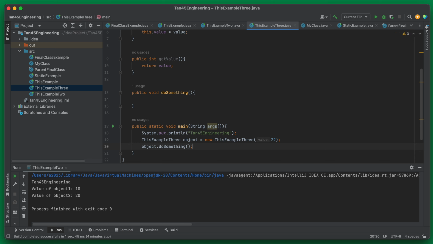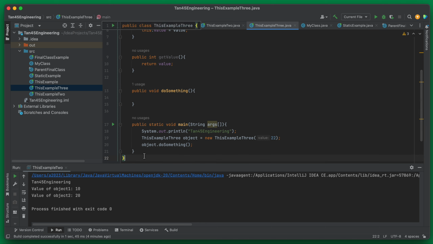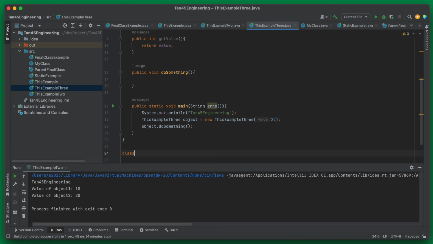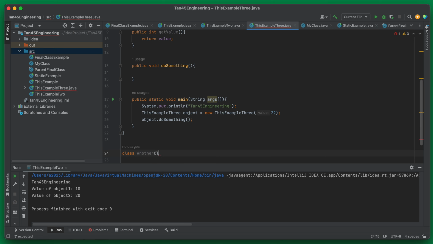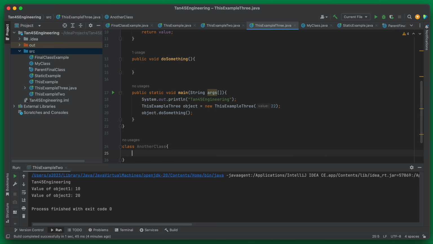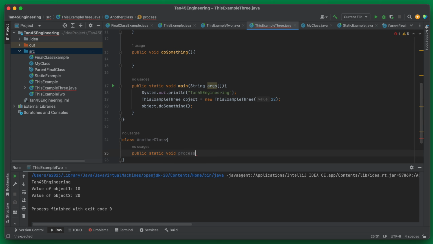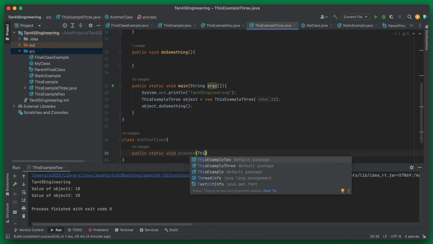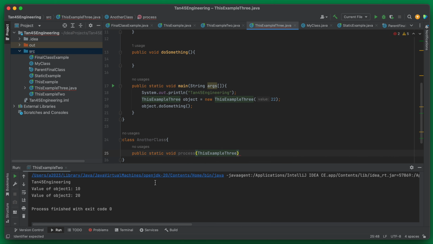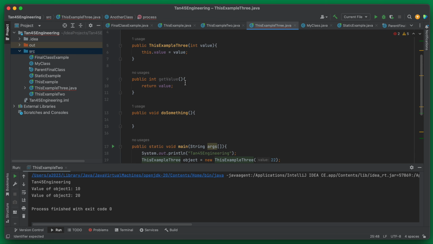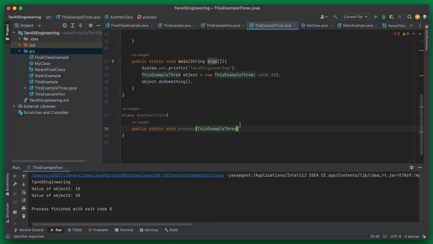Now for this one to work, let's create another class. Let's create another class here only, and then call the object in another class. Another class, public static. The reason we are making this method static is, you are aware from our static video tutorial, that a static method can be called directly without having the need to create the object for them. Okay, and now I'm passing an object of another class. You see, ThisExample3 is the name of our class. So this method is going to receive the object of ThisExample3,